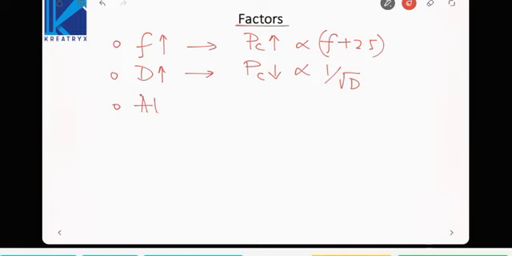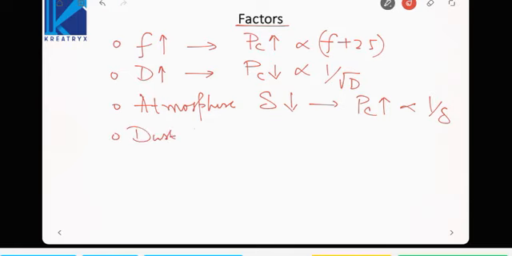Then atmospheric condition. Now as you might have observed also, whenever there is a rain, we can hear the hissing sound in the high tension wires. That is due to corona. So corona will be more in the foul weather conditions as compared to the fair weather conditions. And anyways, we can say that delta will reduce, due to which corona will increase. It is inversely proportional to delta. It is 240 by delta, so inversely proportional to delta.